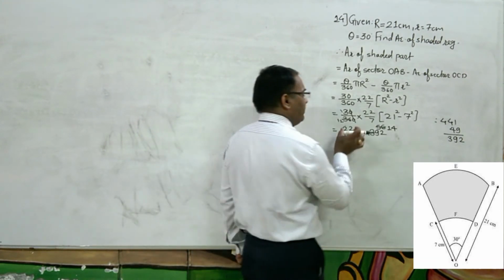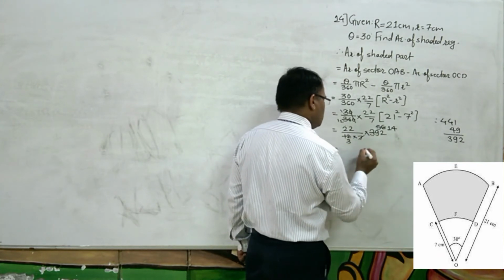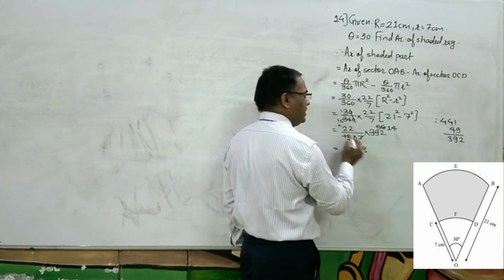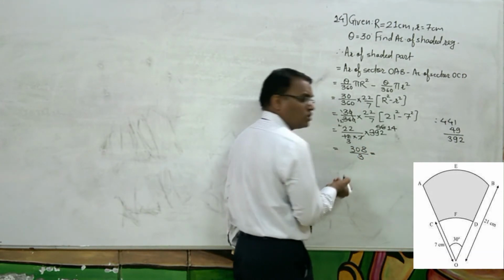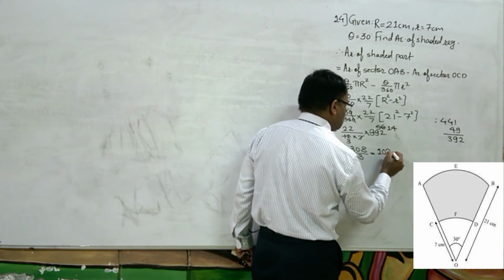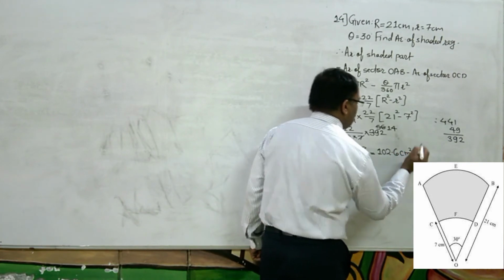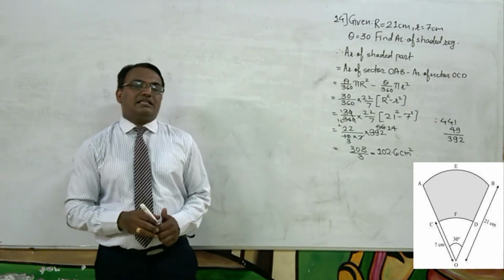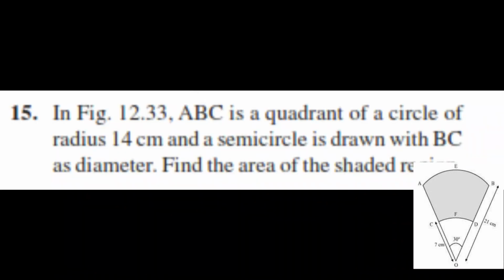Okay, so 22 into 14 also we can do, that is 14 2s are 28, 28 into... 3 is 0, 8 upon 3. Or if you want to solve it, you can, that is 10, then 3 2s are 6, 2 will be remaining, and then 6, that is 102.6 centimeter square. Let's go towards the next sum.